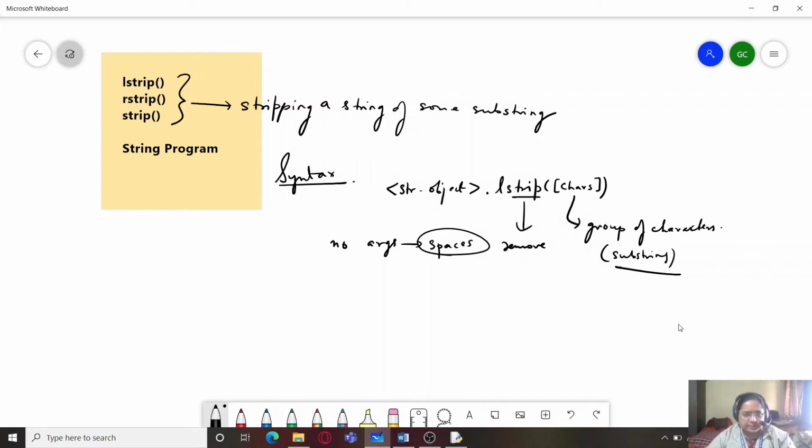For example, I have a string here named a string, and the string is technology. The first thing is if I want to remove spaces. Right now you can see there are no spaces in the string, so I will add some spaces to this string, in this form.